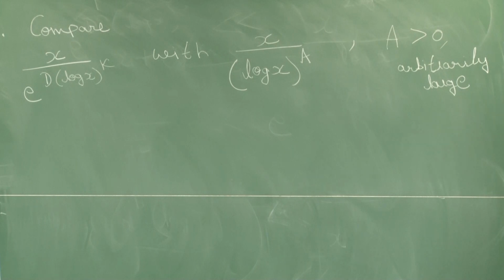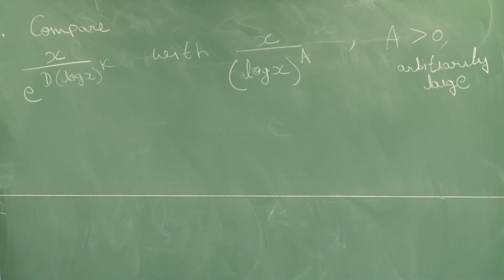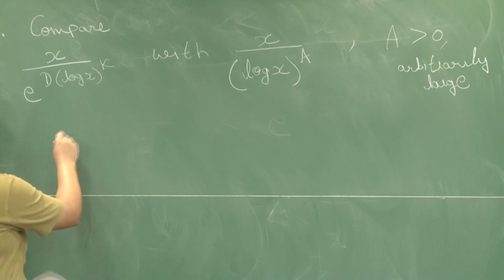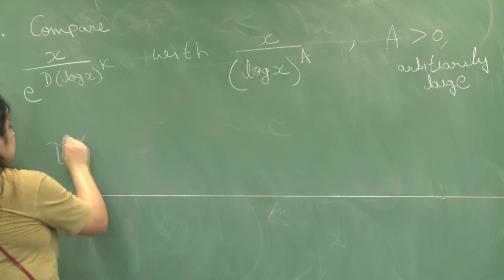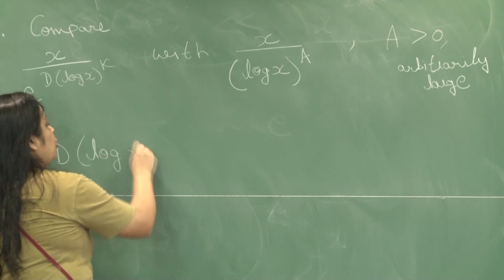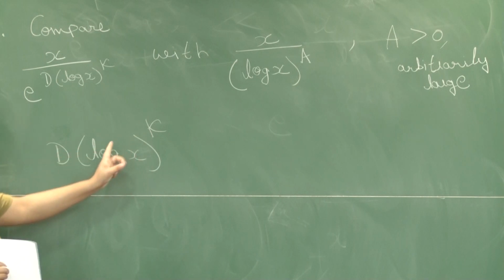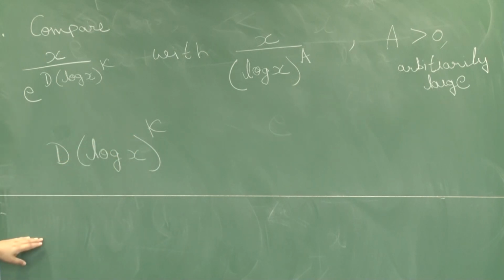Okay, log x raised to any large power, 100, 1000, 1 millionth. How do these two compare? Notice the following. Log x raised to the kappa, where kappa is something positive, although it is less than 1, it is still some positive power of log x. It will always be